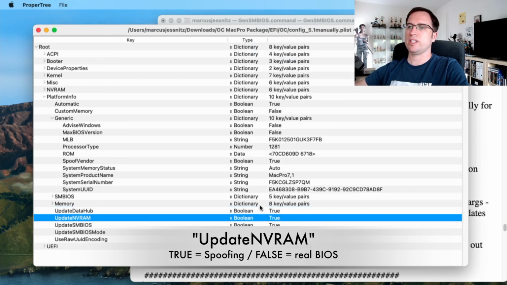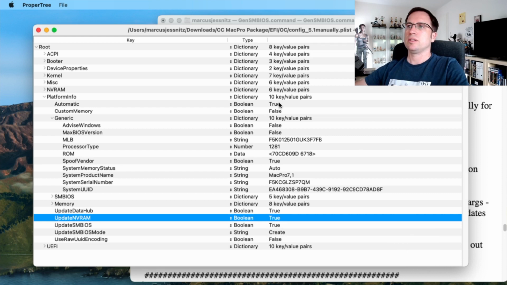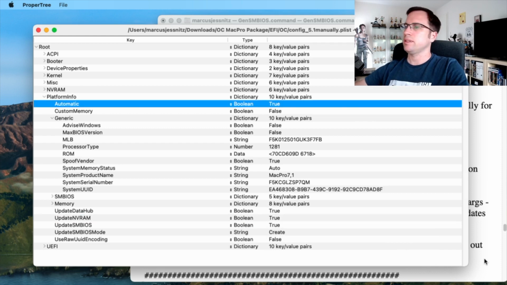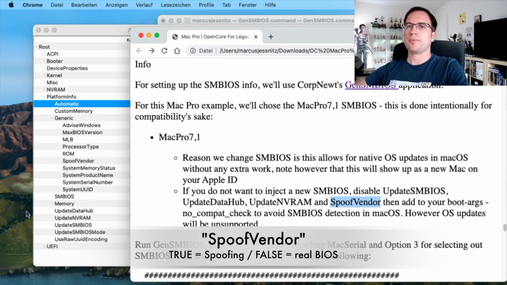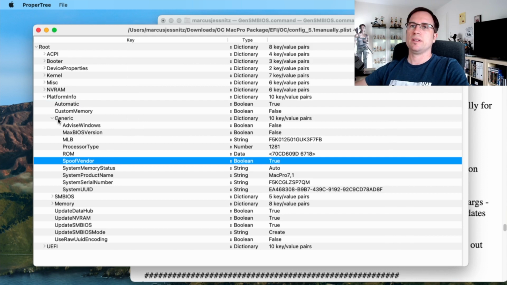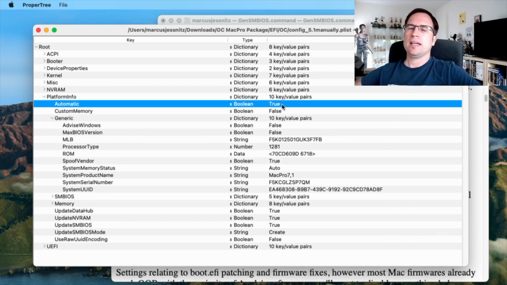So these 3 settings together with automatic and spoof vendor, you find this setting here below generic. That has to be true as well. And next time you boot with OpenCore, your system will show up as a Mac Pro 7.1 from 2019 and will receive every update that Apple releases.